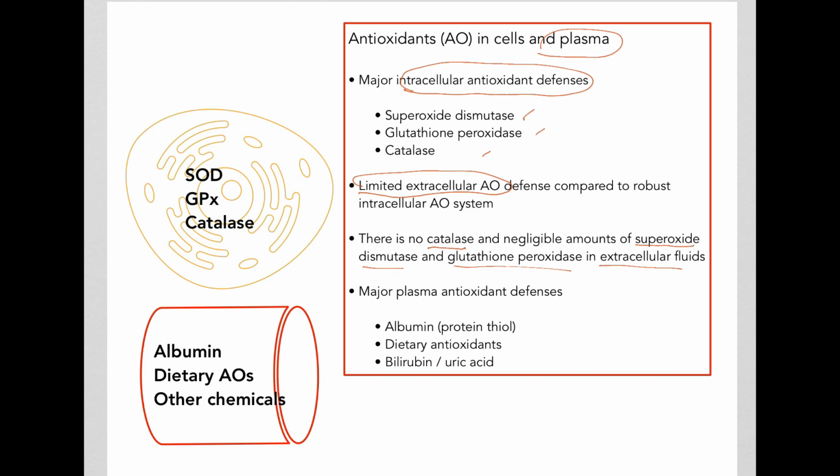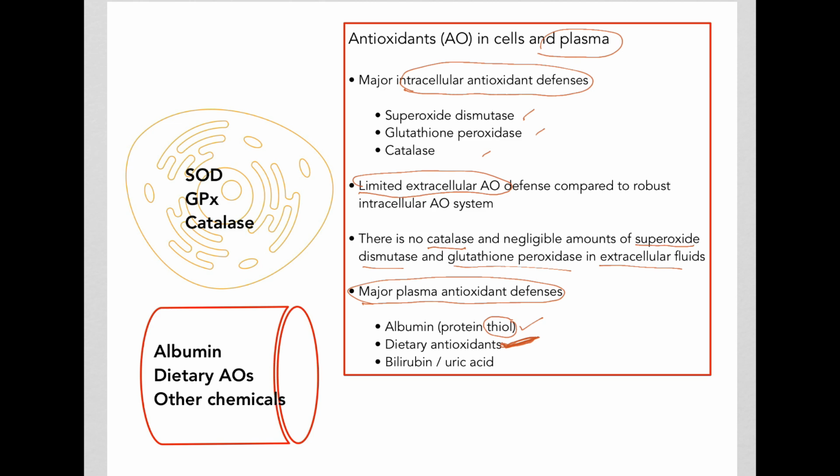So what are the major antioxidant defenses in, for example, the bloodstream? Albumin, which has quite a few thiol groups. The antioxidants we take in our diet, for example, vitamin C and the flavonoids and so on,